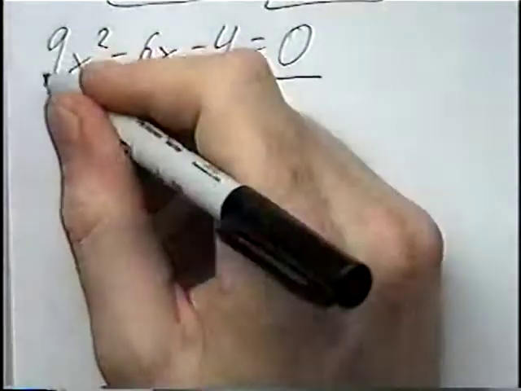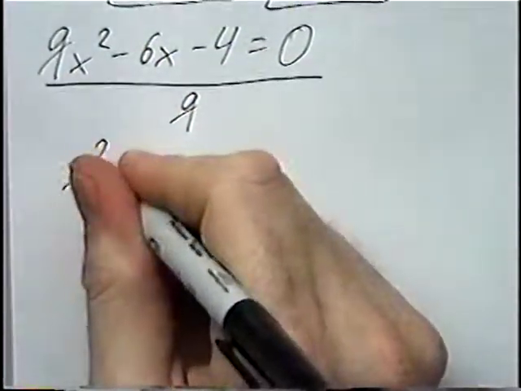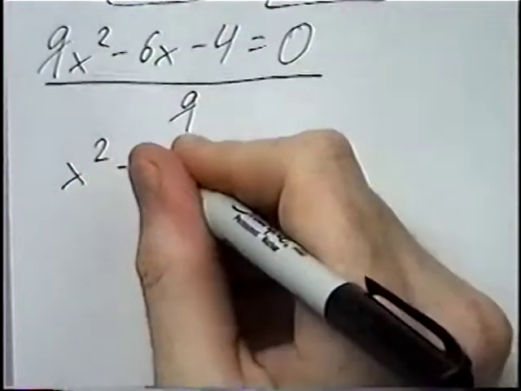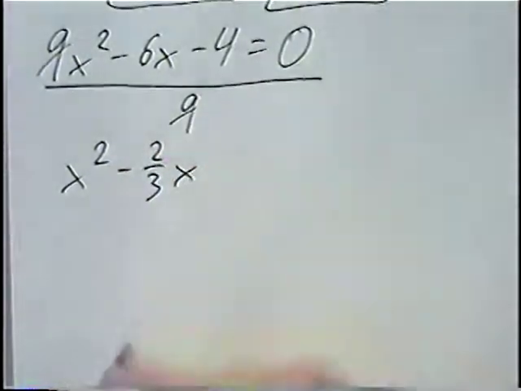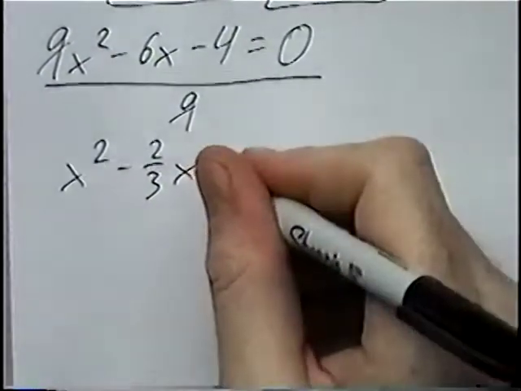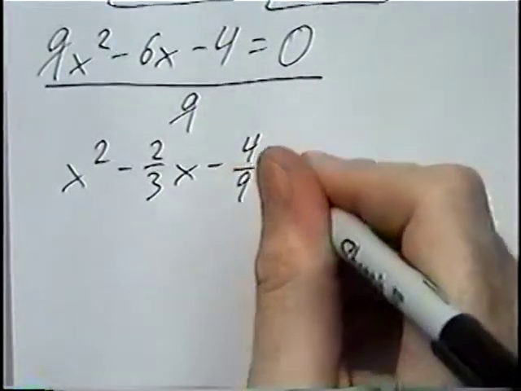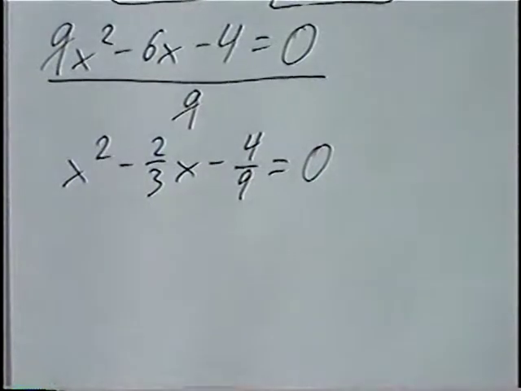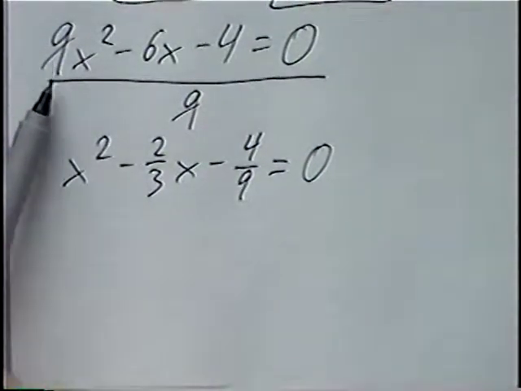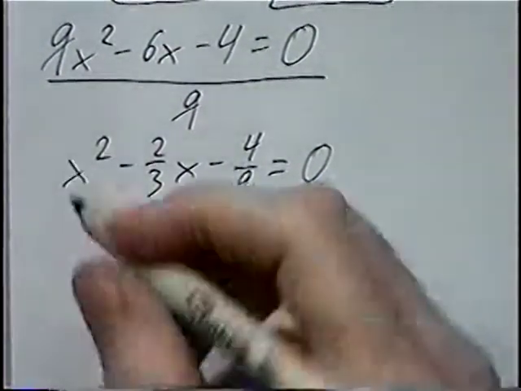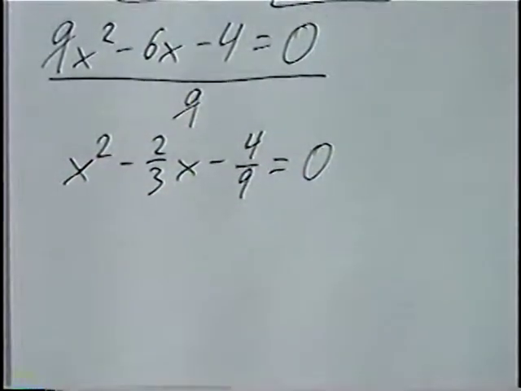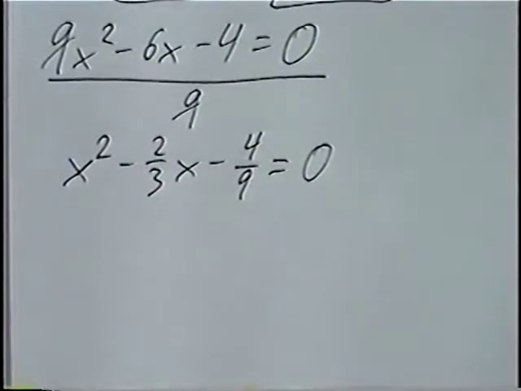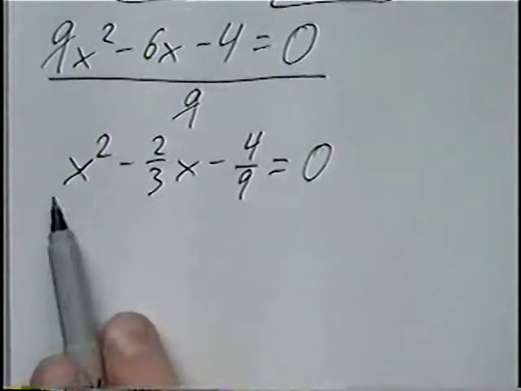Dividing by 9, the 9s cancel, so we're left with x squared. Negative 6 divided by 9, reducing the fraction, is negative 2/3 x. Negative 4 divided by 9 is negative 4 over 9. 0 divided by 9 is still 0. So anytime we have a coefficient other than 1, you can divide by that same coefficient. Our coefficient now is 1. To complete the square on this equation, we want to have the a and b isolated and